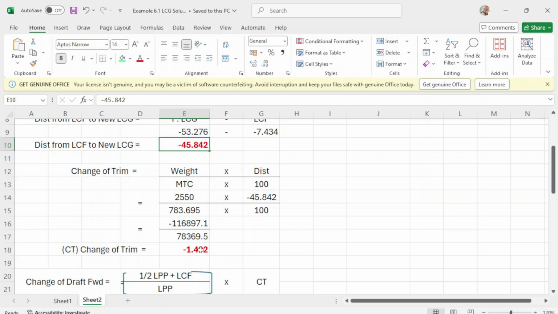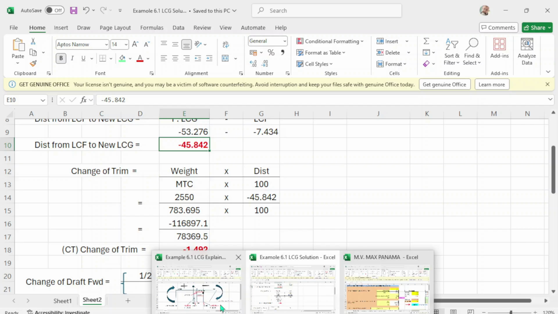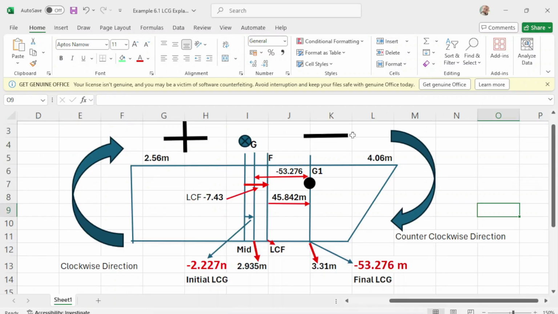By this computation you will know that you are trimmed by the head, because your center of flotation is behind the G1, or the center of gravity.